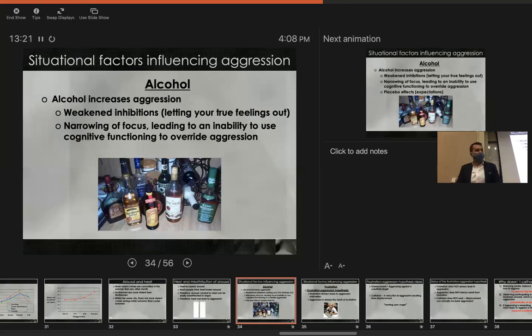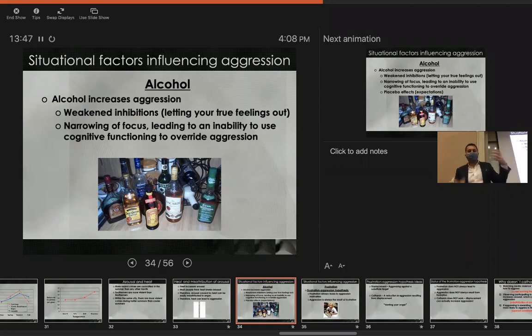Here's what I mean by that. Let's say that you're walking down the street and someone bumps into you. And our natural tendency, of course, is to engage in the fundamental attribution error and to blame their behavior on their personality, right? They did it on purpose. And although we tend to do that, we have an ability, if we really want to override that natural impulse, right? We can choose to say, okay, you know what? I think they might have tripped into me. It wasn't on purpose. You can think through that, and that will reduce your aggressive urge.